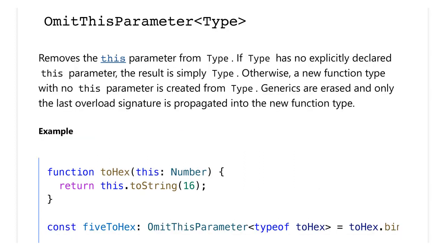OmitThisParameter. Removes the this parameter from Type. If Type has no explicitly declared this parameter, the result is simply Type. Otherwise, a new function type with no this parameter is created from Type. Generics are erased and only the last overload signature is propagated into the new function type. Example. function toHex(this: Number) { return this.toString(16); } const fiveToHex: OmitThisParameter<typeof toHex> = toHex.bind(5);